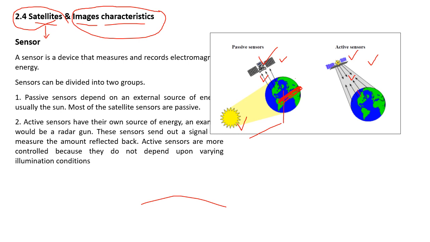give the energy, send the energy, especially microwave energy, and this microwave energy comes to the earth and again reflects back to the sensor, and because of this energy they do remote sensing. They study the surface of the earth. So this is active remote sensing, this is passive remote sensing. Okay,